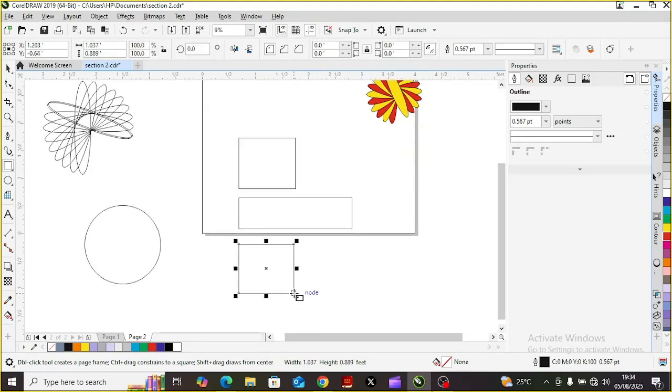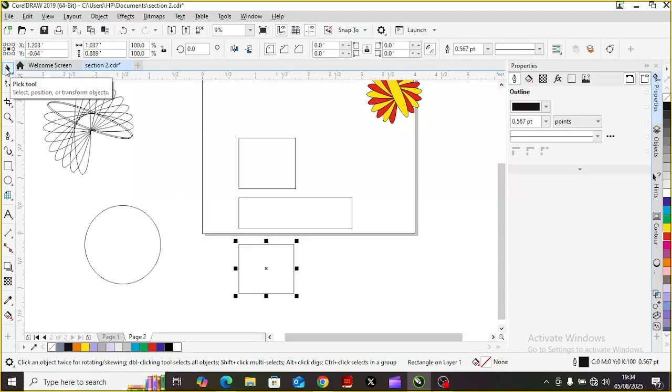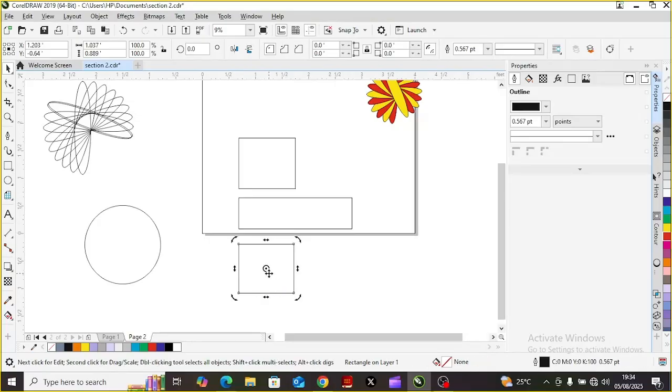Watch me. In order to use this square to create my triangle, there are different ways I can do it, but let me just highlight some ways for you now. First of all, I dropped my tool. Remember, anytime I move this way, dropping the tool, I hit on pick tool. If I hit on pick tool, I drop that particular tool I was using before. There's also a shortcut to it, and